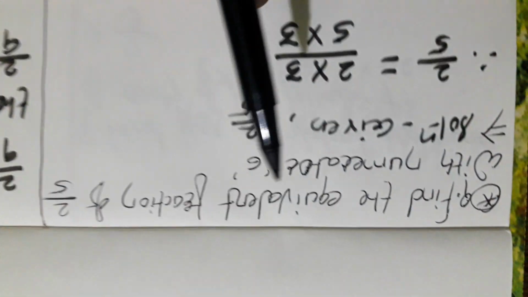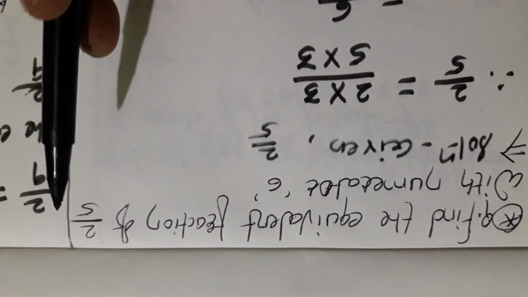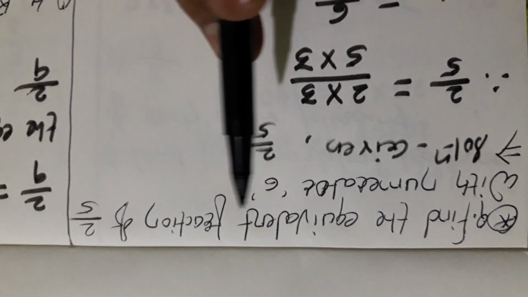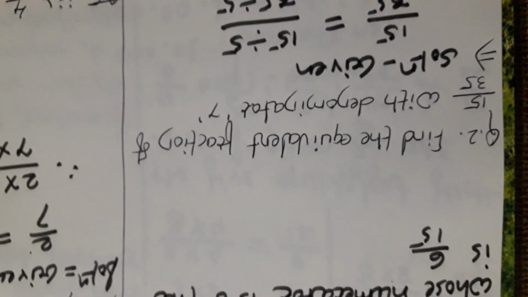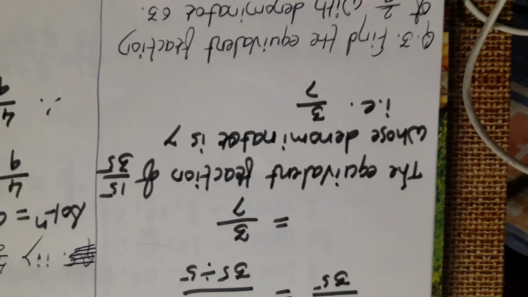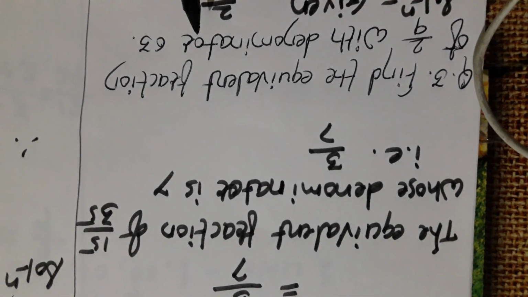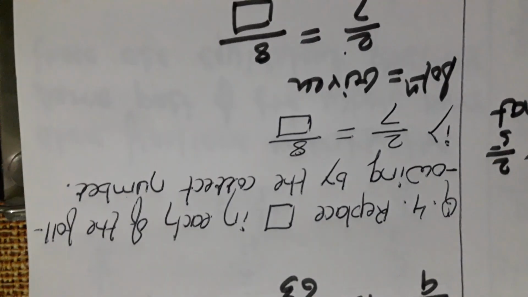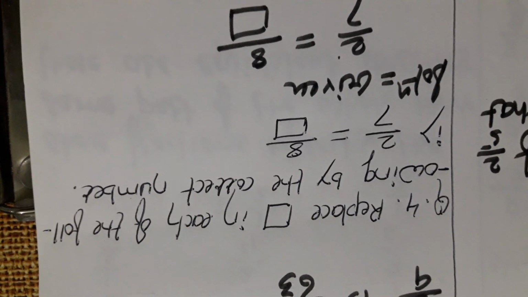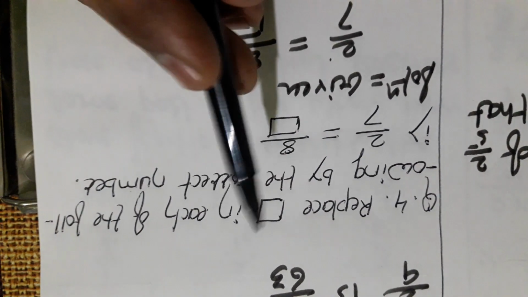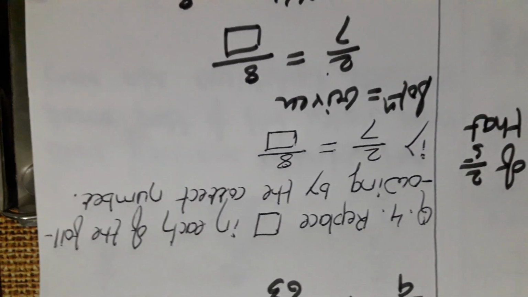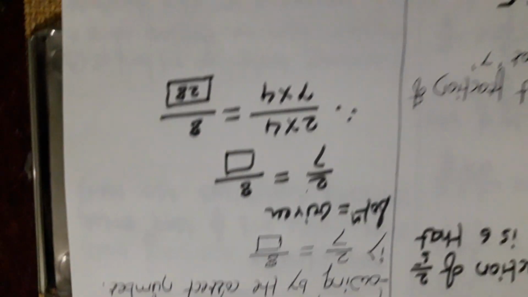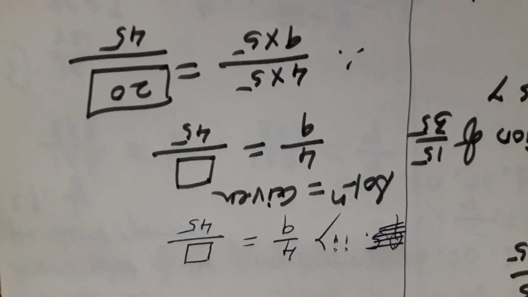Look here, two types. In today's video I showed you two types. First one is find the equivalent fraction of 2 upon 5 with a numerator. It may happen they may give the numerator. In this question I showed you the denominator. Okay. The third question also was related to the denominator only. But those questions are a little different. Here instead of find the equivalent fraction, what is the question? Find out which will be the correct number in this box, and we found it by using this method. Okay, I hope you got an idea about it.